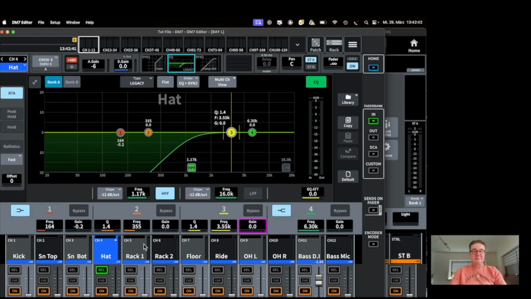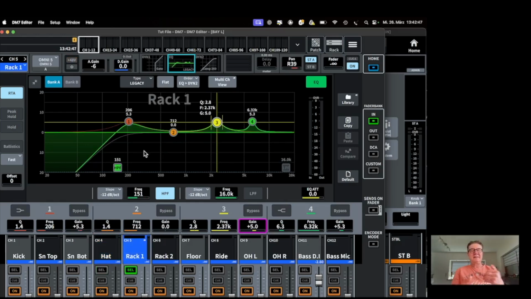Nothing else. Rack tom. Let's talk about toms real quick. Toms are very often badly tuned. It's just a fact. Many drummers are not very good, especially if they're amateur drummers. They're not very good at tuning, and this gets worse with the size of the tom. So the first rack tom is usually quite okay because it's easy to tune. Depending on the size, the second one might still be okay,